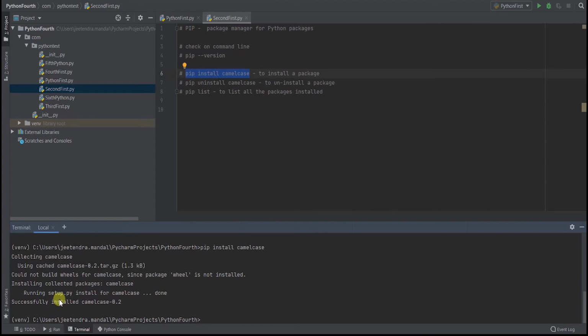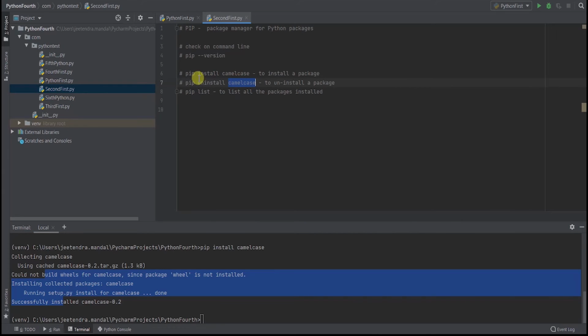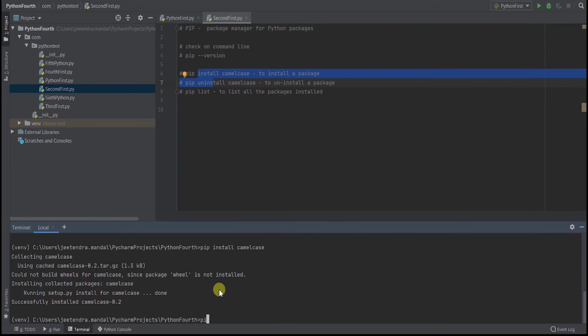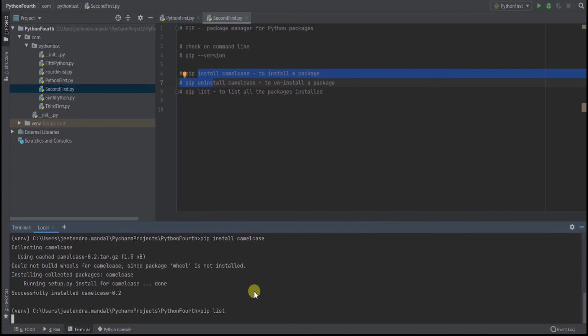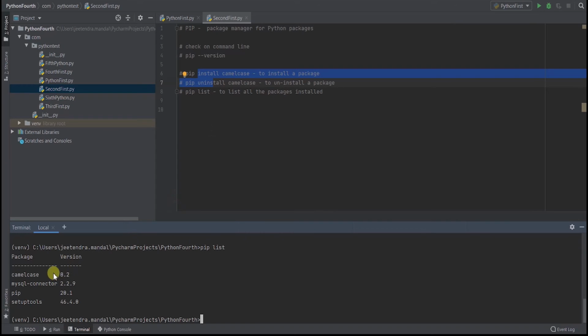So it's successfully installed. Since I already had the package camel case installed, I uninstalled it and then installed it again. So pip is a package manager. Then if we do pip list on the command line, it will list all the currently installed packages with their versions, like camel case is version 0.2, and I have MySQL connector installed. MySQL connector I'll show you next.